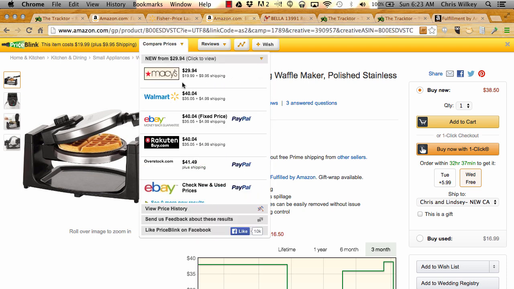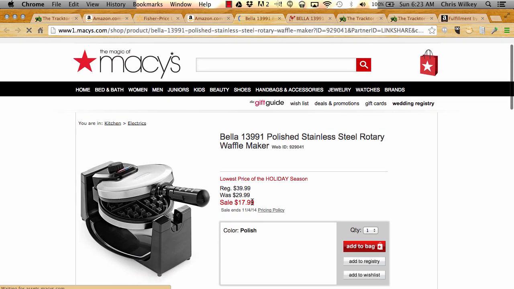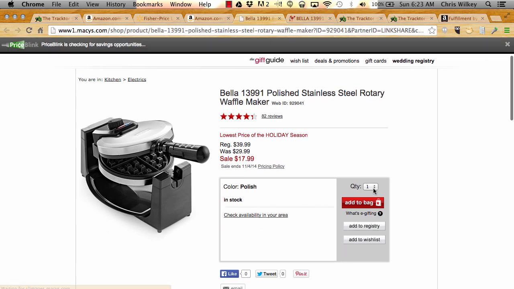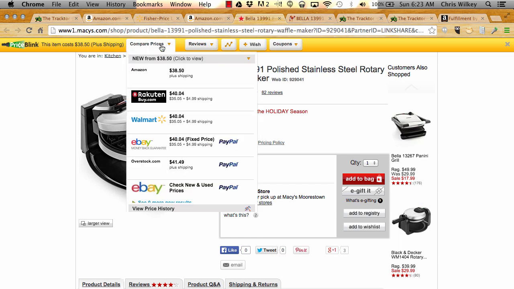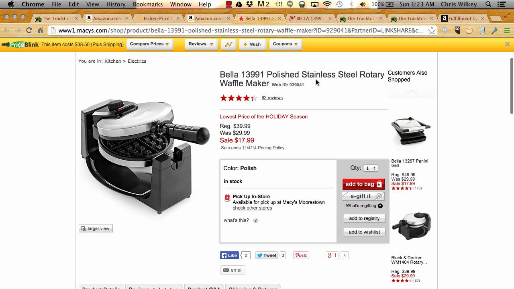You can also find out that Macy's carries these, and if you have some sort of discounts from Macy's, looks like they're down to $17.99. They're in stock. You could add these, and if you had some 30% off from Macy's, which usually there's free shipping over $99, you can find other coupons using like Retail Me Not or some other thing. You could get cash back via